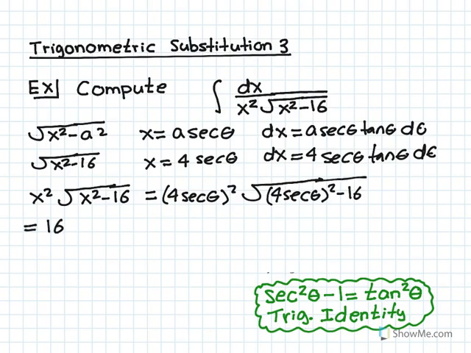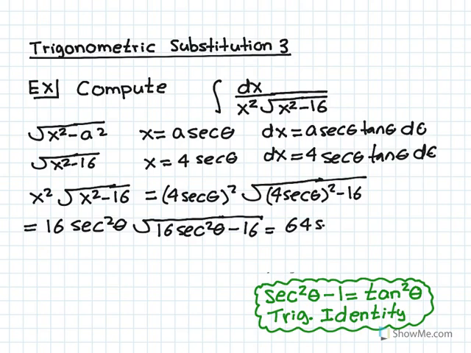We get 16 secant squared theta, and inside the radical we get 16 secant squared theta minus 16. If we factor out the 16, bring it outside the radical and multiply by the 16 in front, we're going to get 64 secant squared theta root of sec squared theta